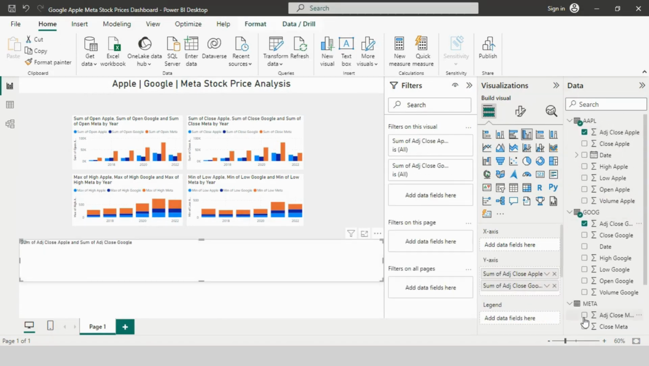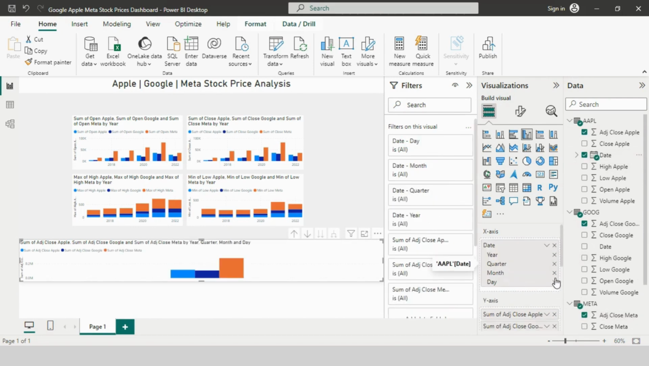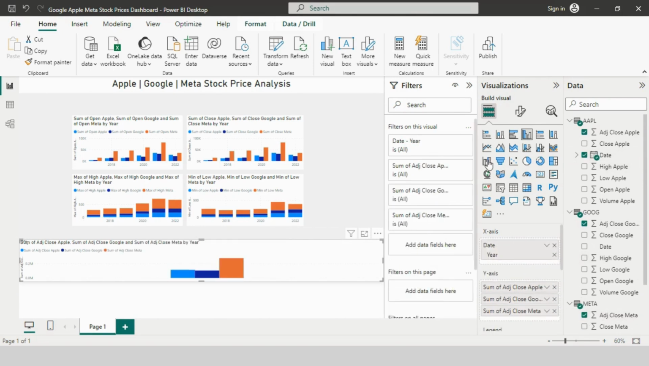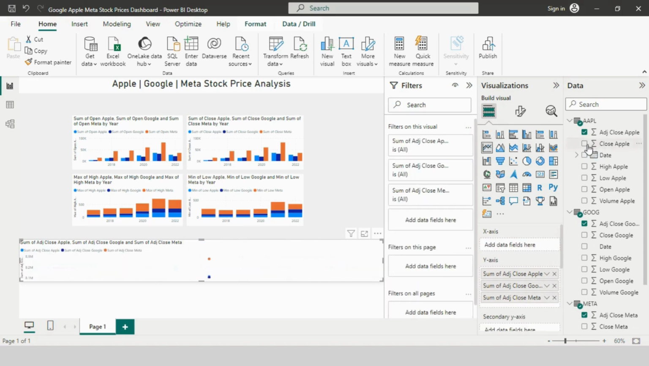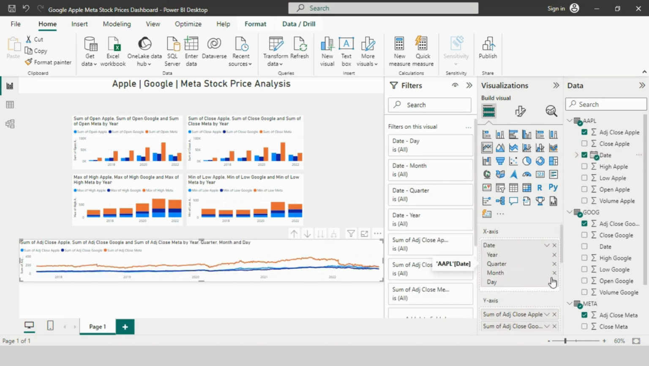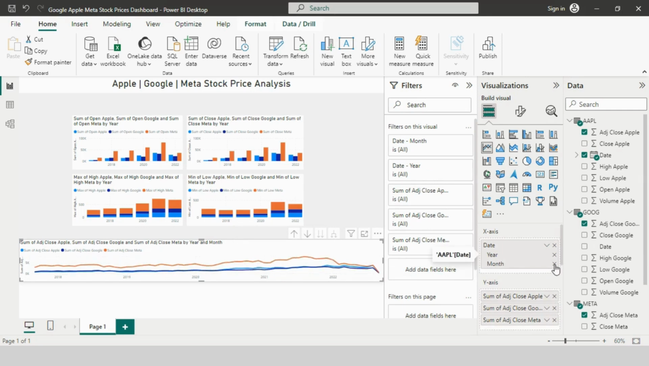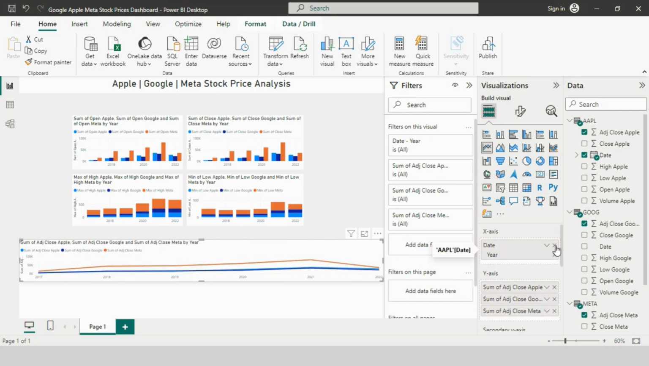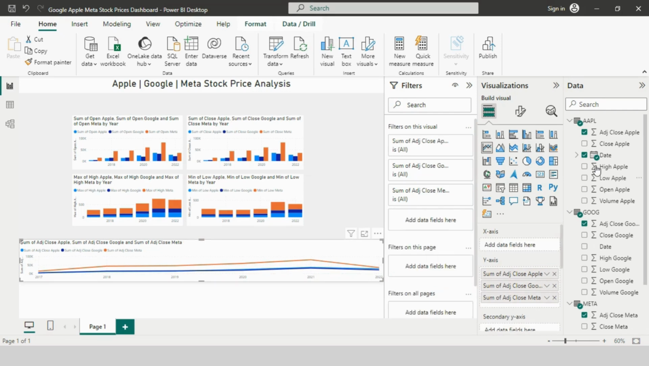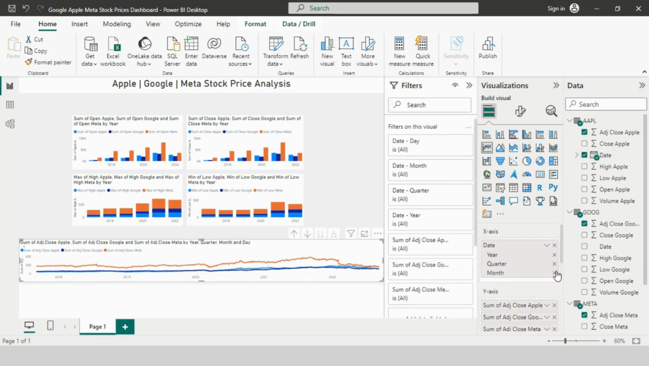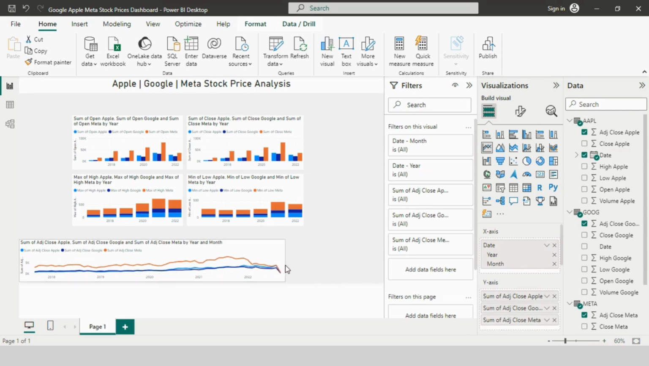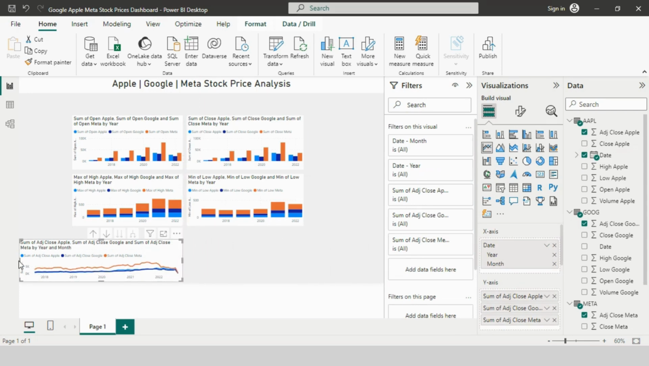So now we have to find the adjusted close stock prices of Apple, Google, and Meta. So I'm choosing adjusted close Apple and Google and the Meta, and the date from any one of the columns, and we have to perform year by year analysis. So I'm removing day and quarter. I'm not removing month this time because it arranges our data a little better, which is better for our data visualization. Now you can see that